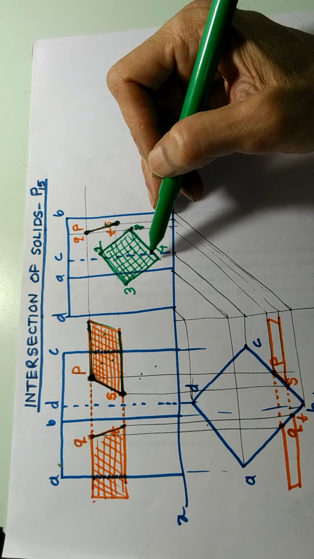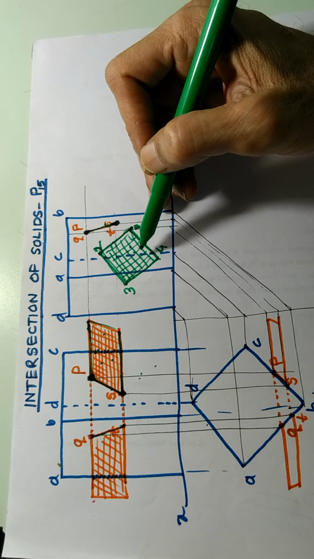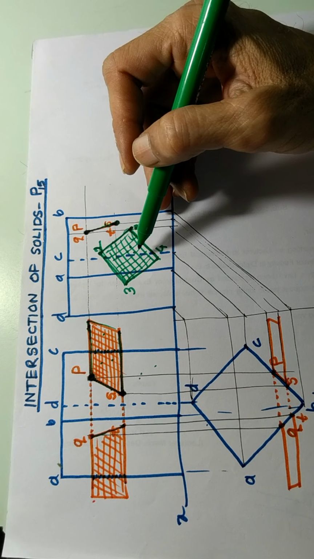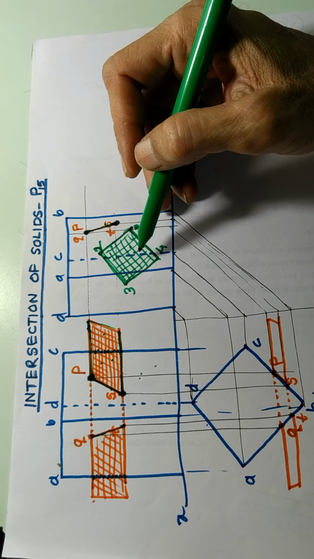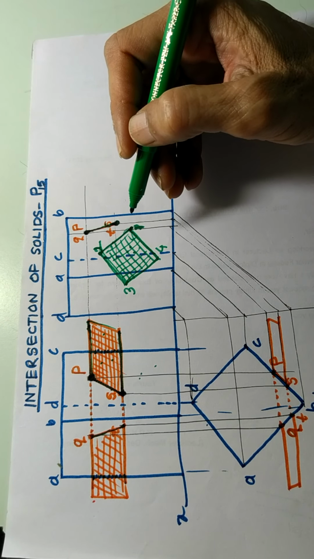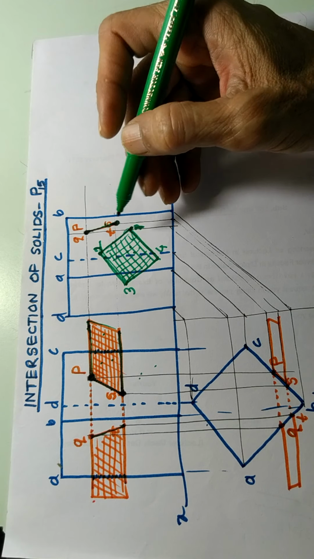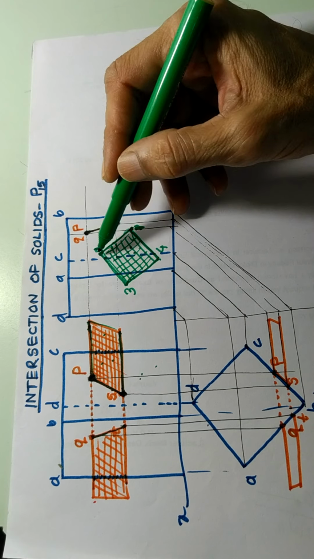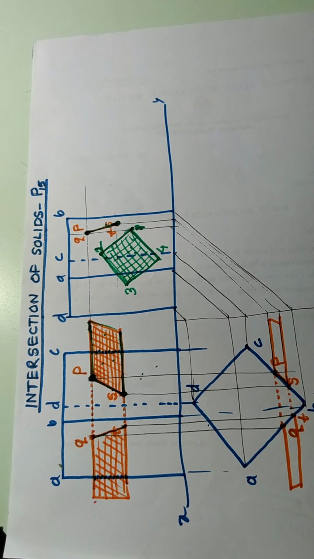Okay. Now how this is done, that is the next thing. So now we are going to see how this problem is to be solved by taking an actual example which you are going to solve as a practical problem. That will be problem number 1, where one prism like this is intersected by another prism like this. Now that problem we will explain just now.